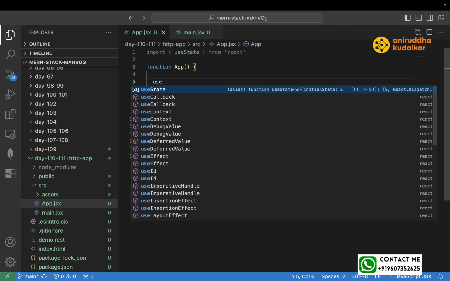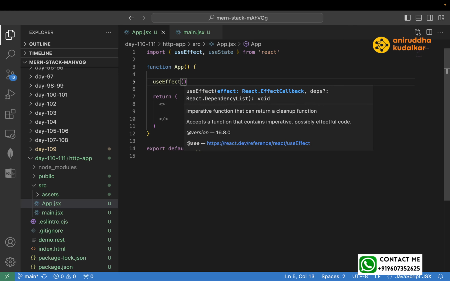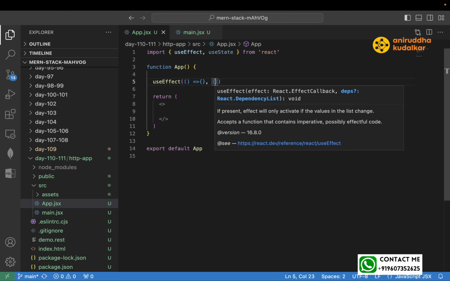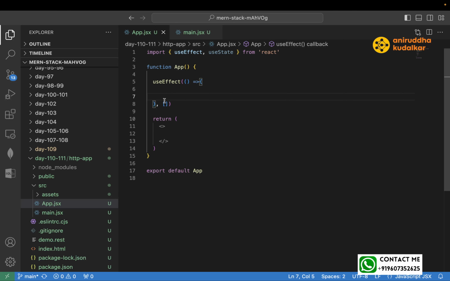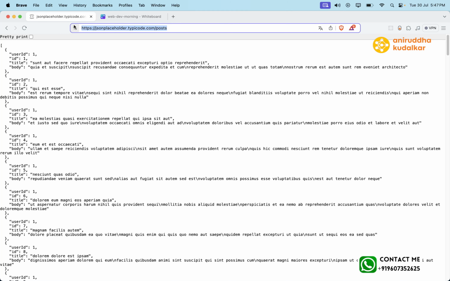You need useEffect, and only in the beginning. Dependency list is empty, which means that it would be getting called only in the beginning, once only. Now fetch, here I can write, and the URL, this URL,